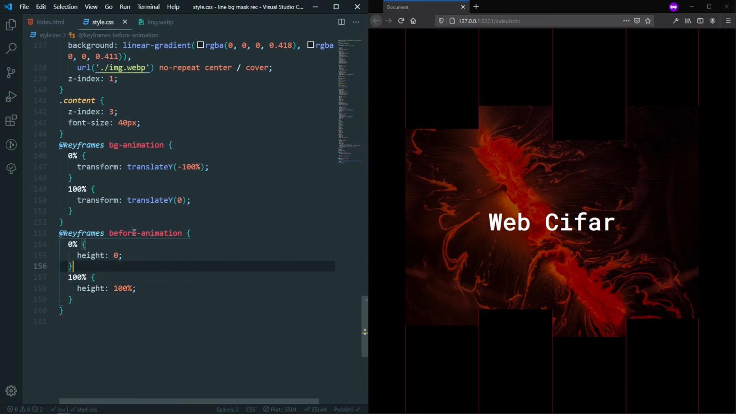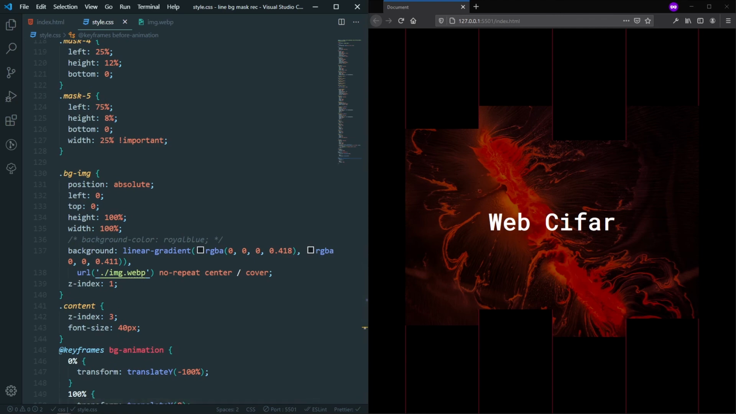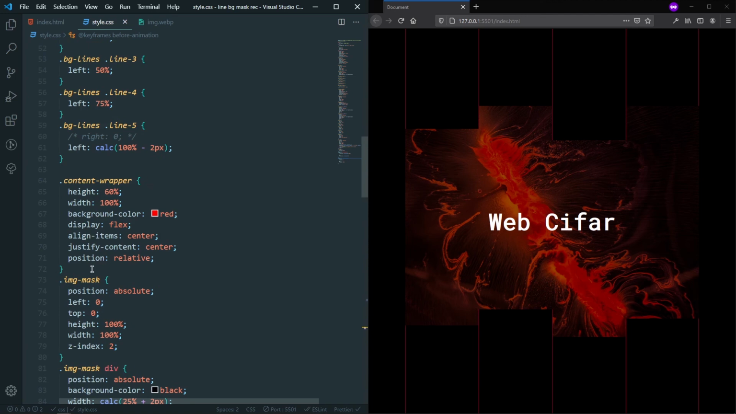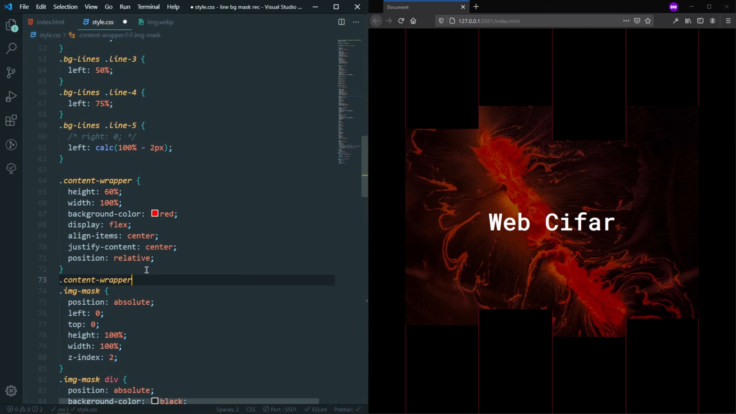And first of all, let's go to our before animation. The before animation means it is the before sword element, and it's actually our content wrapper here, as you can see. So in the content wrapper, let's create a pseudo element of our before, which will be a gray background color,